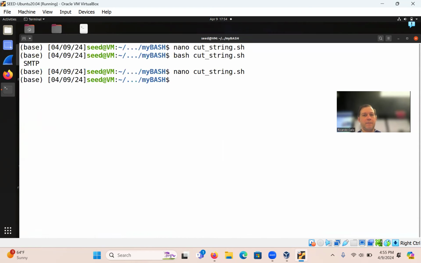All right, so let's try it. Control X, Y. Bash. Enter your text to split. So I'm going to look at the other. I forgot.